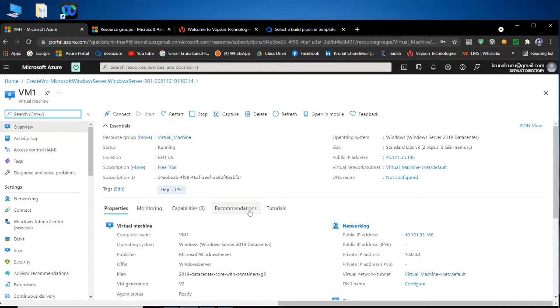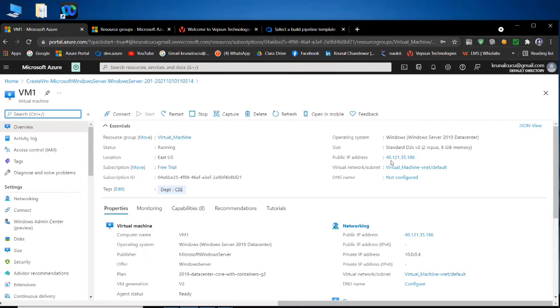So that time we will define this virtual machine belongs to the CSE department, and for that this tag is used. Okay. Which operating system is selected for making that virtual machine? Here it is also written Windows Server 2019 Datacenter. Even what size we selected, Standard D2s, where we are getting 2 CPU and 8 GB of memory.